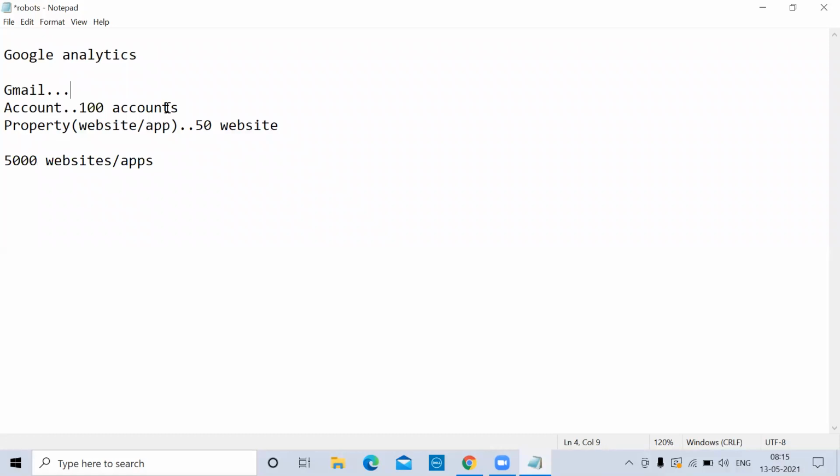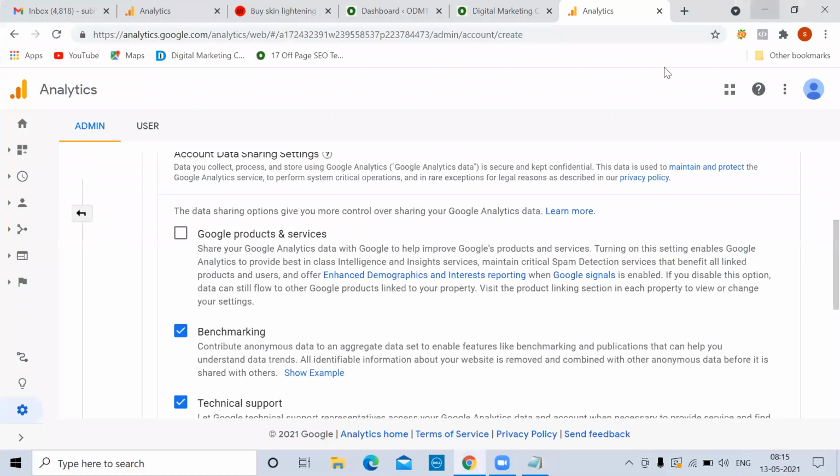Okay, so an account can be, for example, client 1, client 2, in such a way. Again, in client 1, website 1, website 2, app 1, like this. This is how you can track it. Nobody has this kind of thing anyway. Once you have an agency, you will face this kind of thing. But for a normal individual website, generally you will have one account and one or two properties. Mostly one account, one property, because people have only one business.